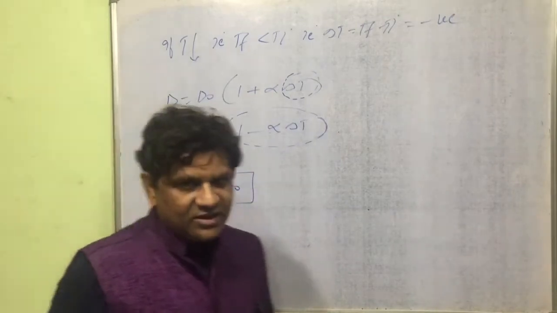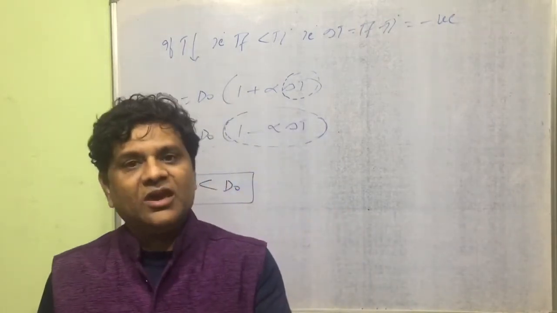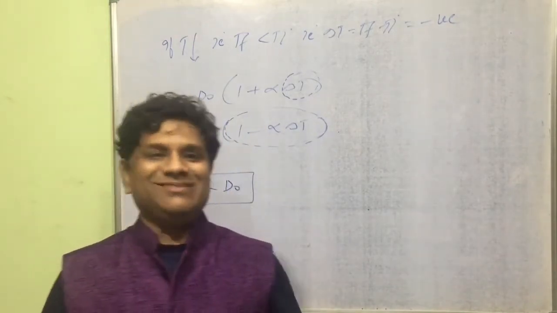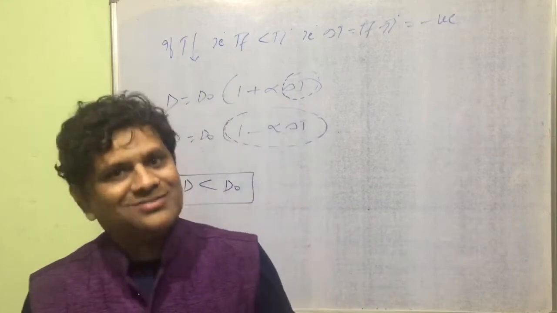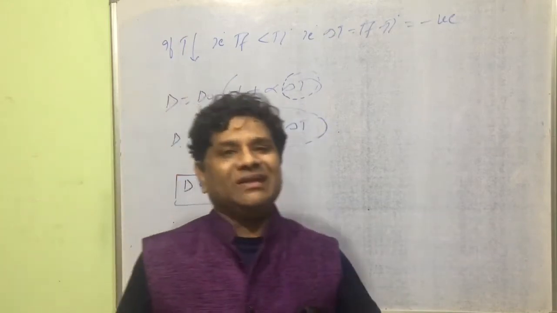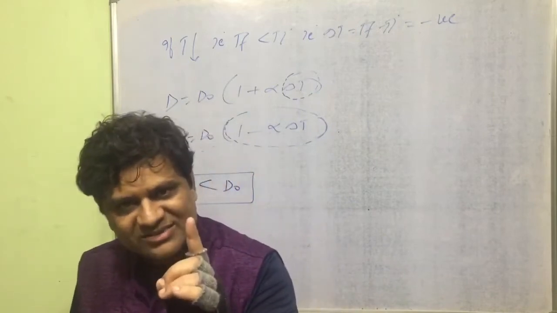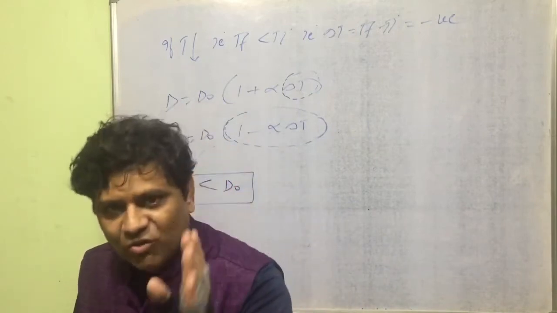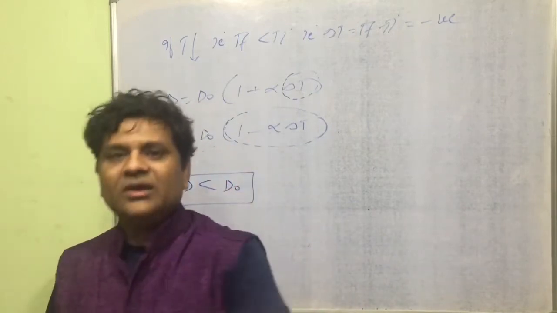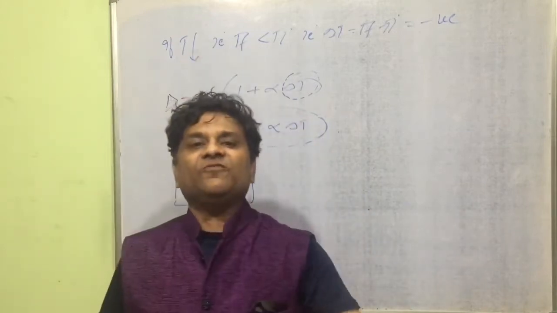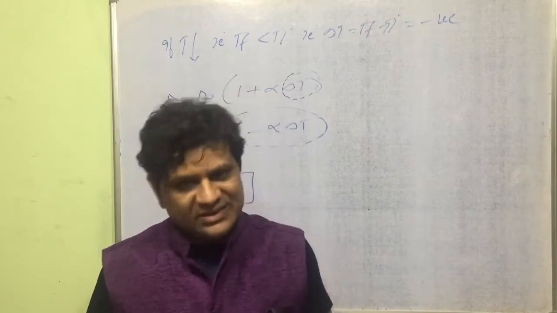Now this is clear here. The diameter of a hole of a square plate may increase or decrease. It depends upon the temperature. If temperature increases, then the diameter of a hole of a square plate also increases. But if temperature decreases, then the diameter of a hole of a square plate decreases.